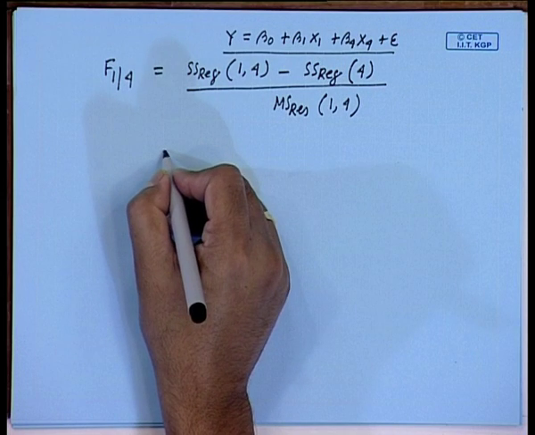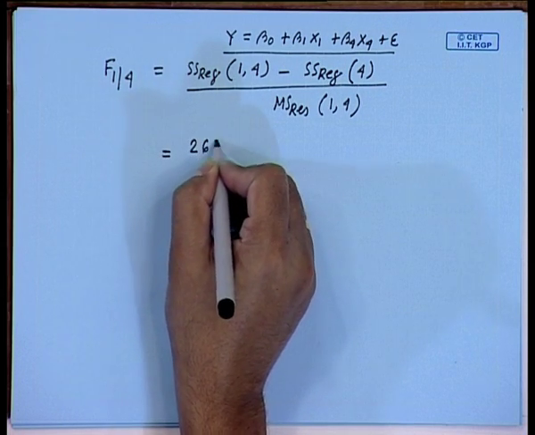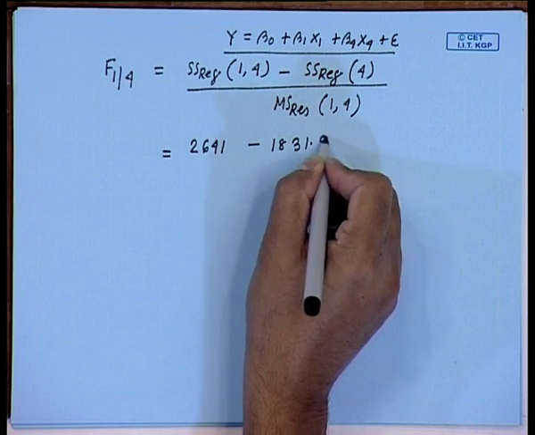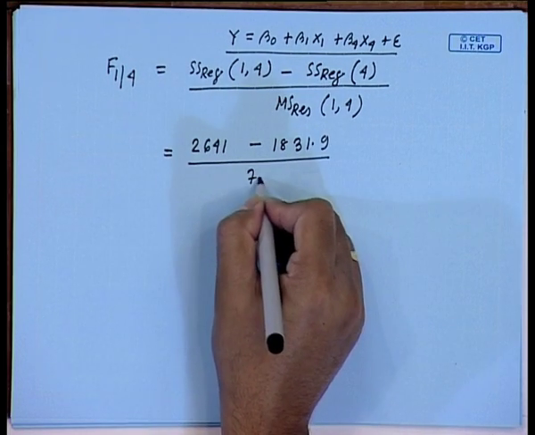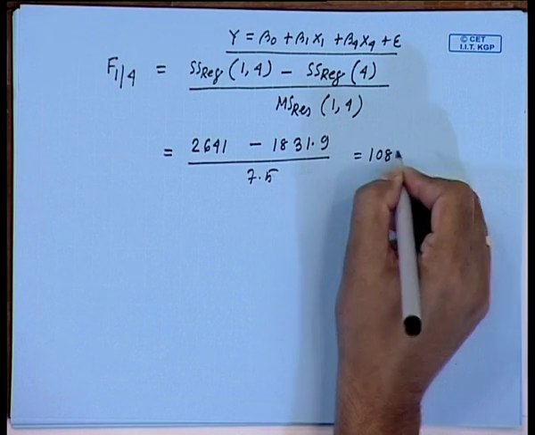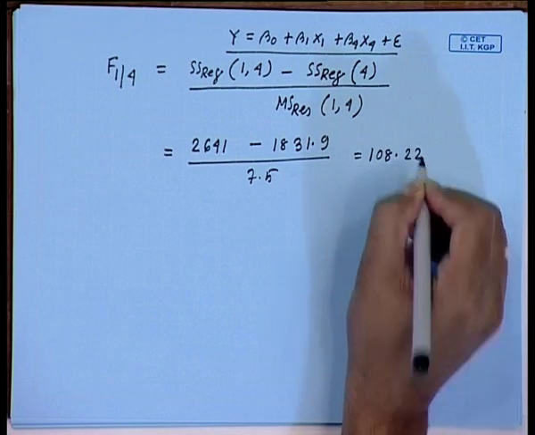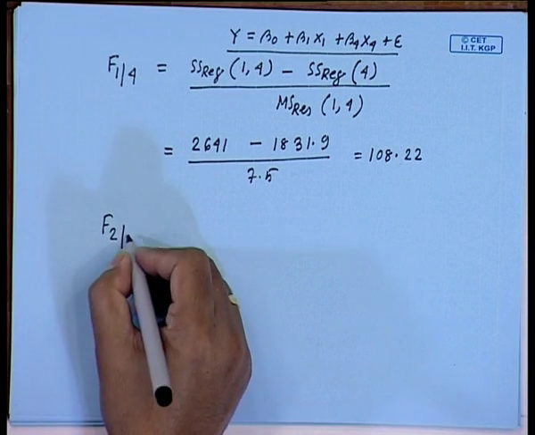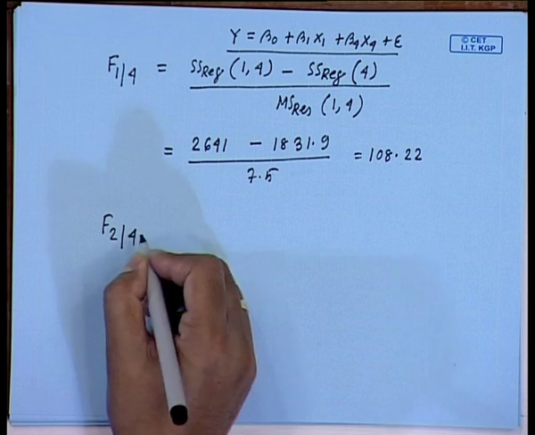You can check that this value is equal to (2641 minus 1831.9) by 7.5, and this is going to be 108.22. And similarly, you can check that